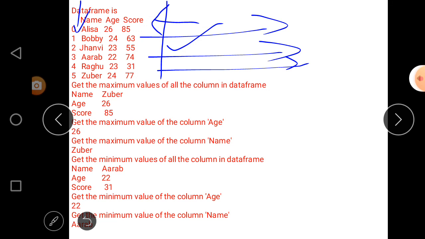So first one is get the maximum value for all the columns. If you want to find out the maximum value of all the columns, then name is Zubair, age is 26 and score is 85. Now here one thing is very important. When we find out the maximum value in case of name, which is a string, then the answer is Zubair,